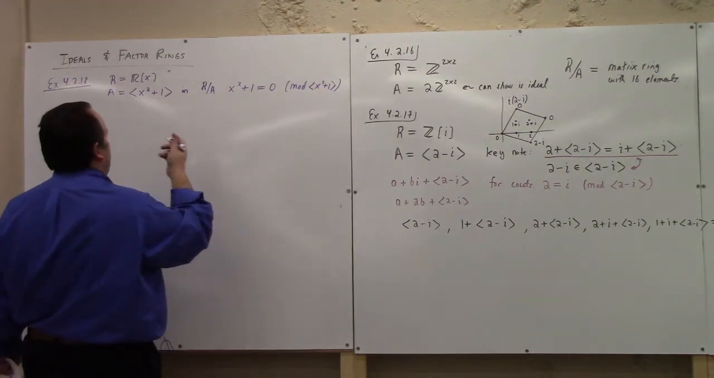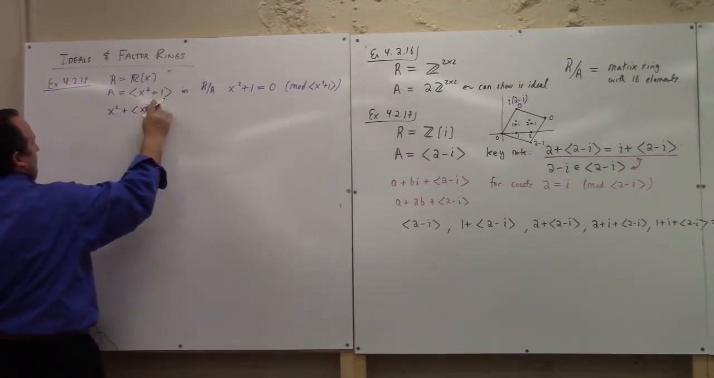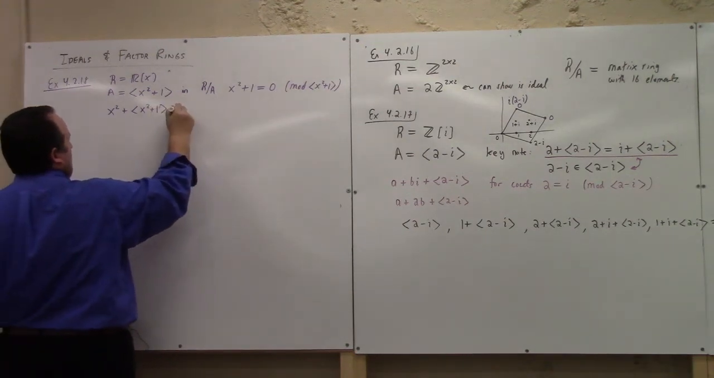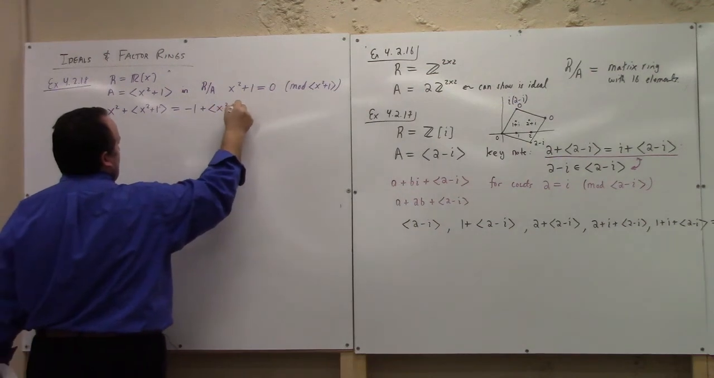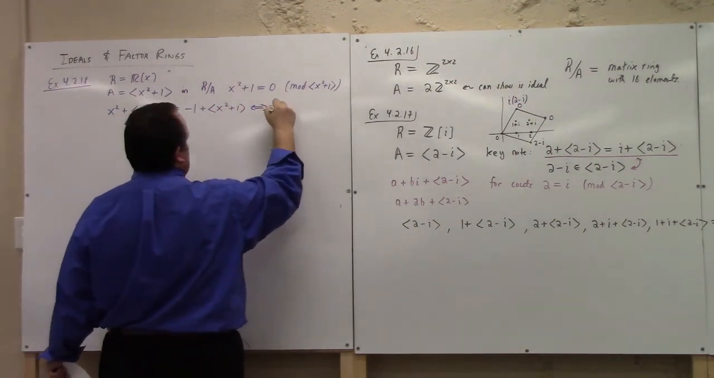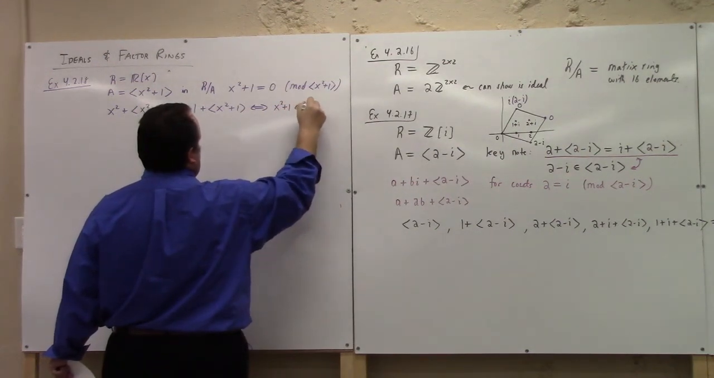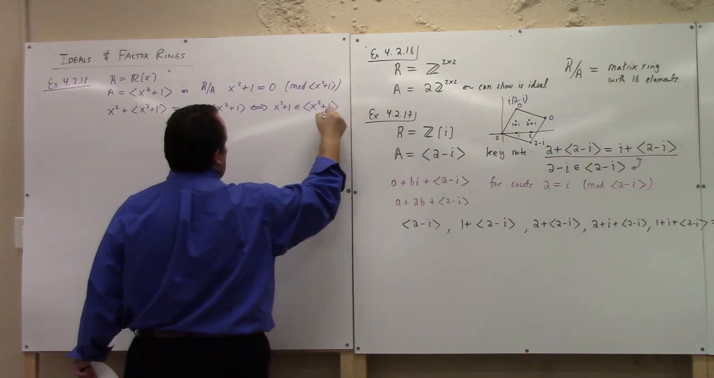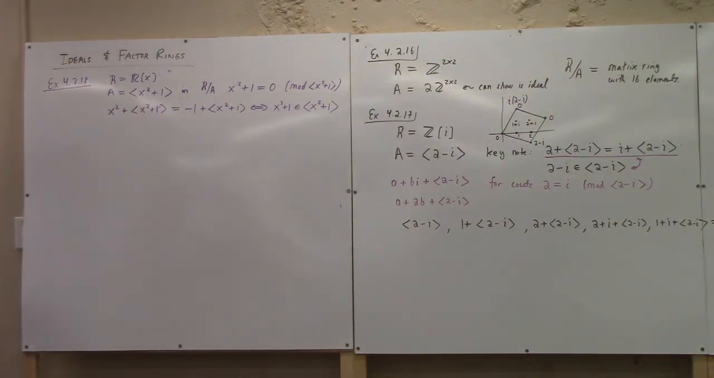But let me be more specific. What I'm saying is that x squared plus this ideal is equal to minus 1 plus the ideal, because x squared plus 1 is an element of the ideal generated by x squared plus 1. So this gives us license to simplify x squared and replace it